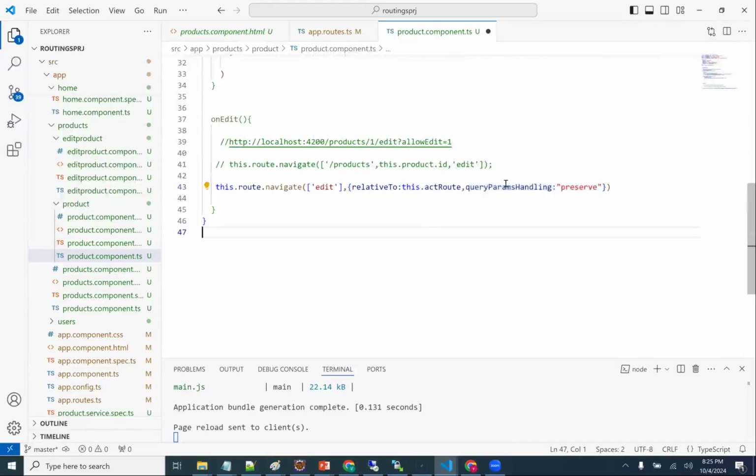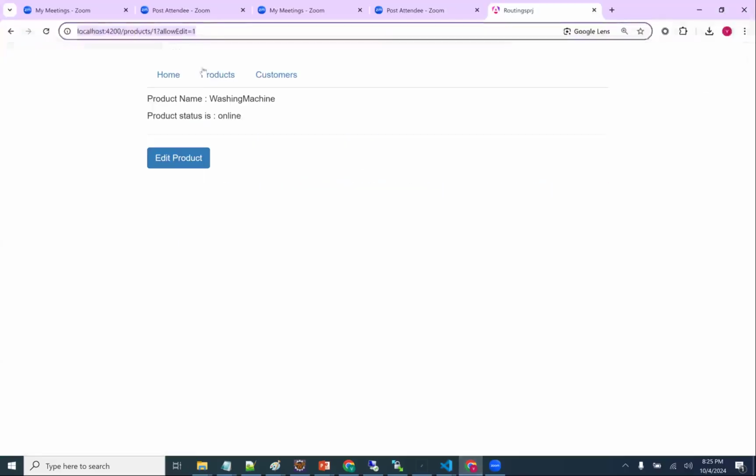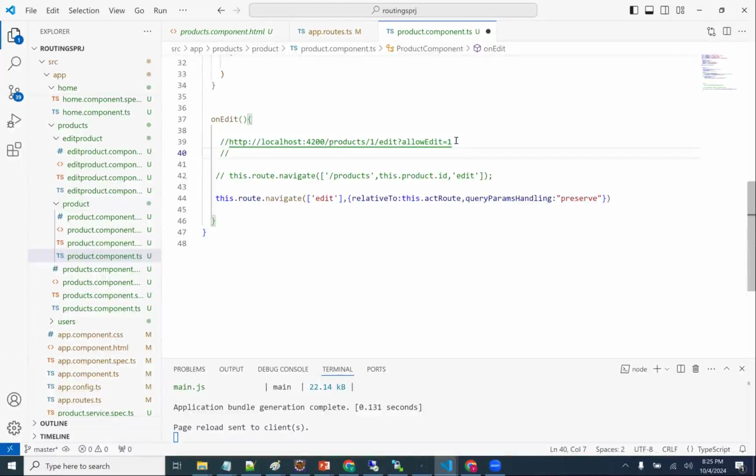Query parameters handling is equal to preserve. Okay? What am I telling, sir? My current path is this. From there, I want to go to edit. But ultimately, what is my target here? This is my input. What is my output here?